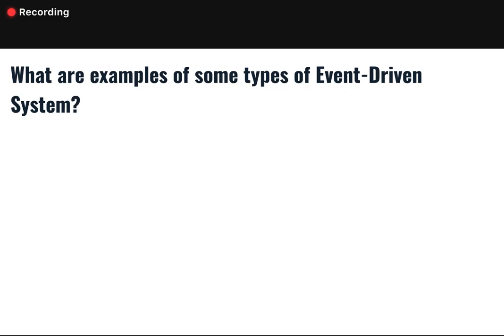Operating systems, I assume that was what was being typed there. Operating systems, yeah, typically they're heavily event-driven, because the computer itself is event-driven and includes a variety of mechanisms for reacting to things that the user does. So in a lot of cases, an operating system, or at least an operating system with a graphical user interface, is going to be event-driven.